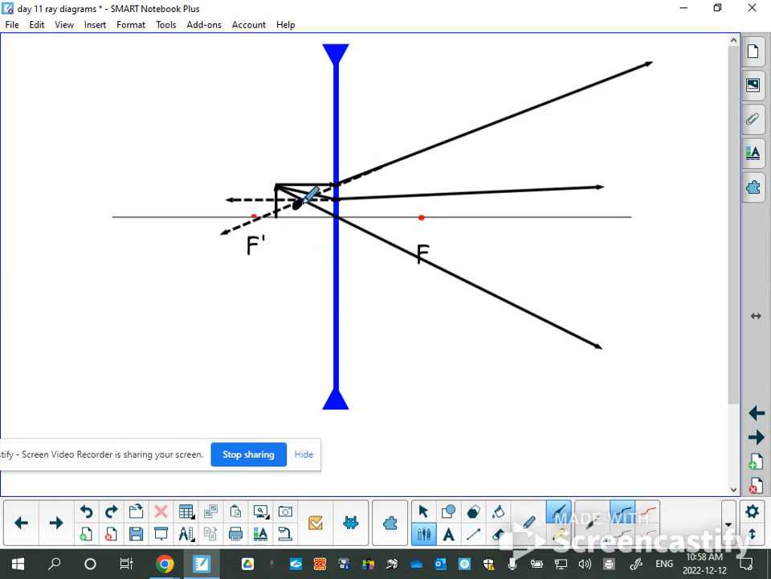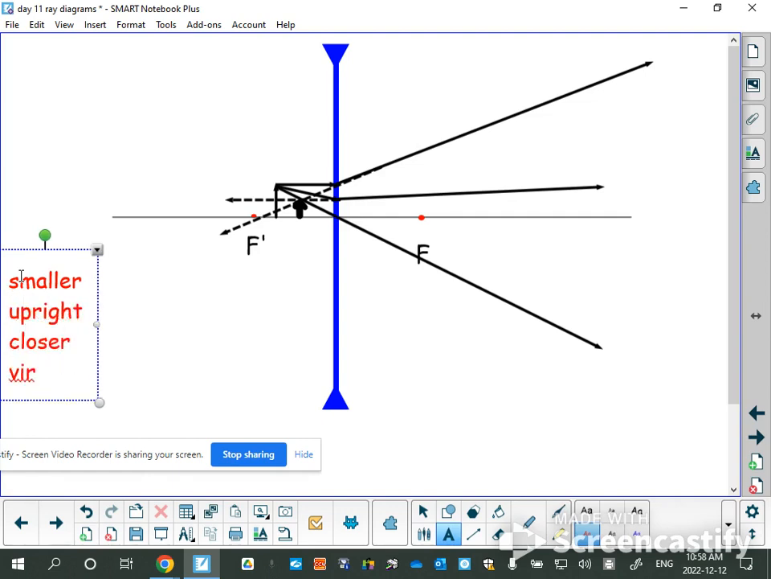I'm going to put in my image. I get a small upright arrow. So just like the other one, remember diverging always get the same characteristics. It's smaller, it is upright, it is closer, and it is virtual. So I can name my characteristics. Basically how we do